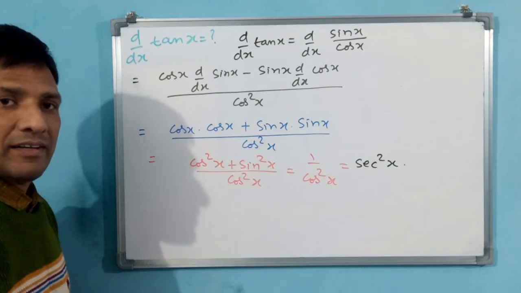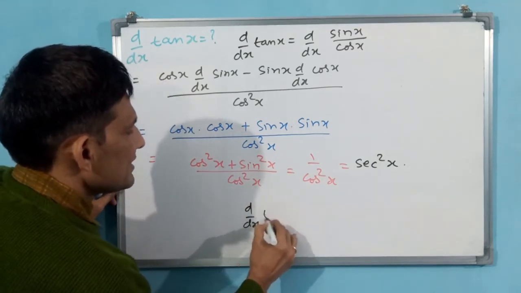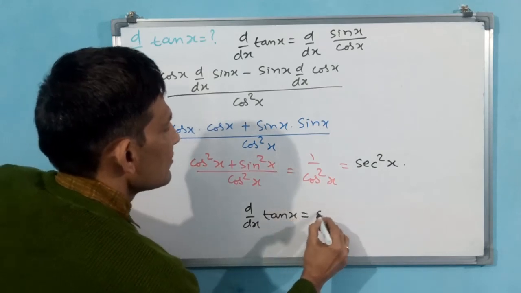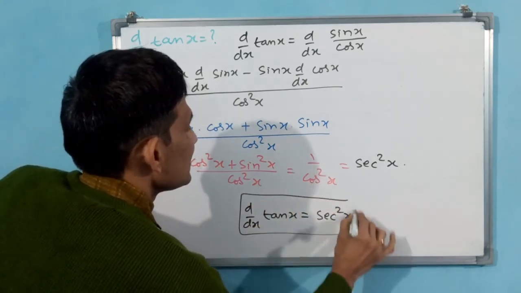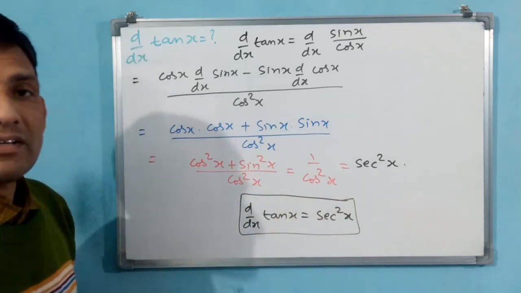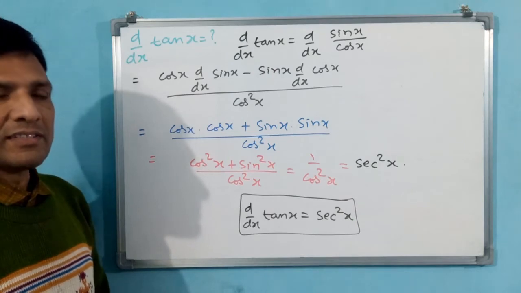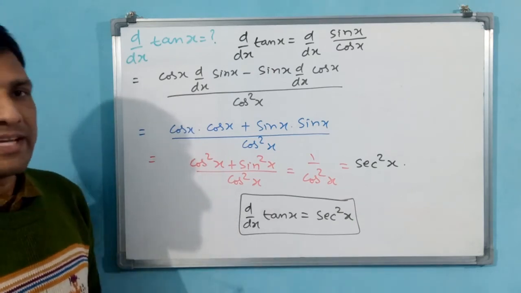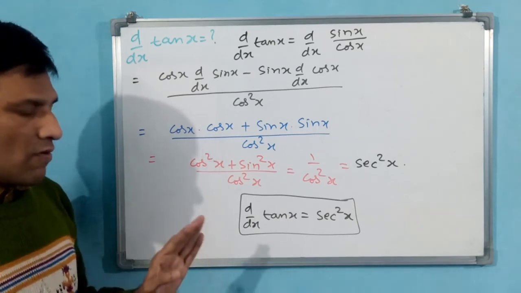Is it okay? Then we will write again the standard results. d by dx tan x is equal to secant square x. Is it okay? Definitely okay. d by dx sin x is cos x. d by dx cos x is minus sin x. d by dx tan x is secant square x. Okay. Now